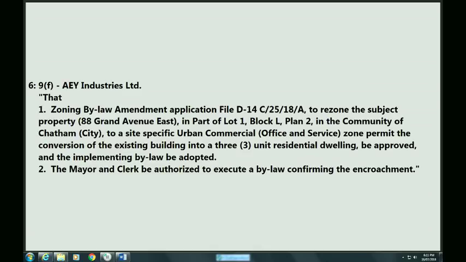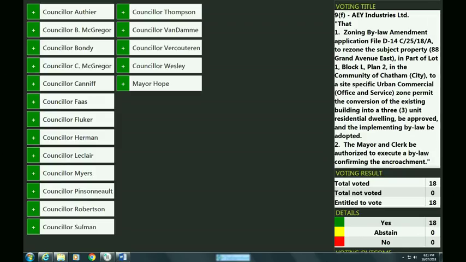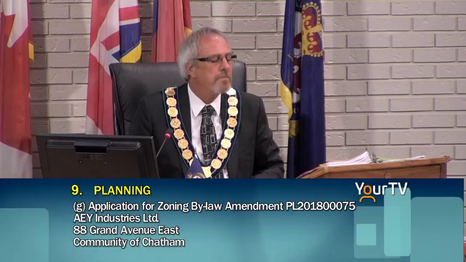And seeing none, I would now ask council to consider the recommendation now brought before you. Now I'll turn to the clerk. All votes are in. Motion passes 18-0. Let's deal with the next item on the applications. 9G, applications for zoning bylaw amendment and site plan control, Digger Wright Excavating, Inc., 23273 Prince Albert Road, Community of